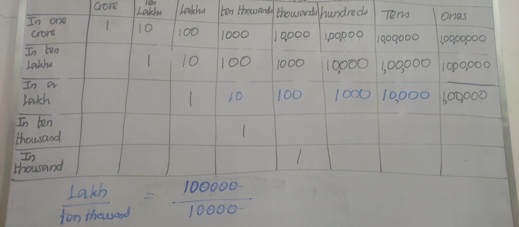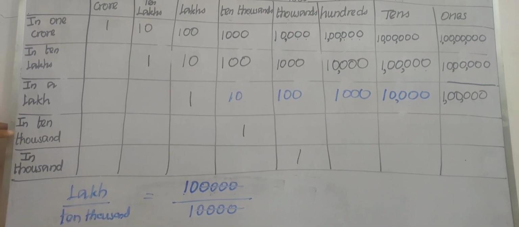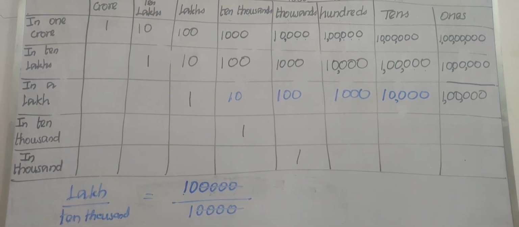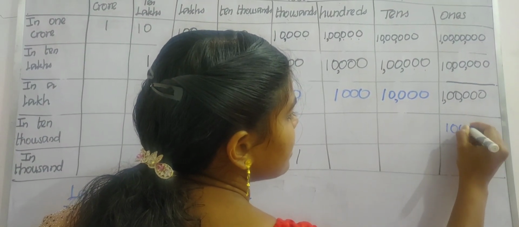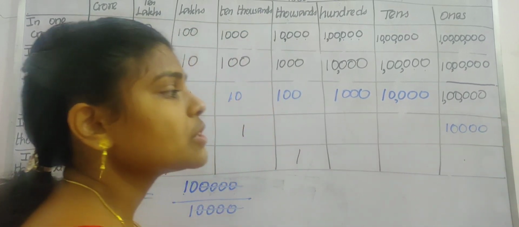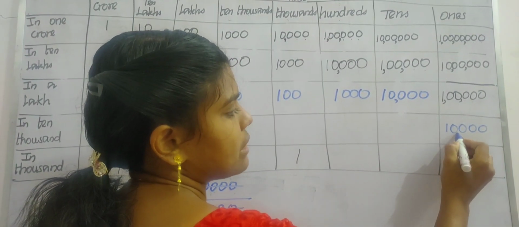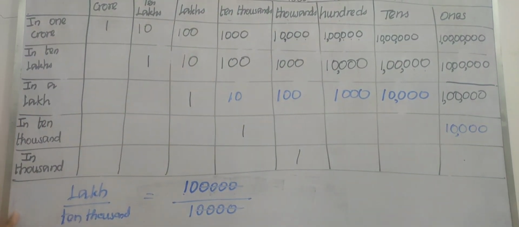Okay children, so let us find the next 2 boxes. So we are going to find for 10,000. Okay, so how many 10,000s are there in ones? We need to put the same 10,000. 10,000 is the smallest 5-digit number. So let us write the smallest 5-digit number. 1, 2, 3, 4 and 5. Okay children, so let us insert the comma. 1, 2, 3. Insert comma and then count 2. So it's 10,000.